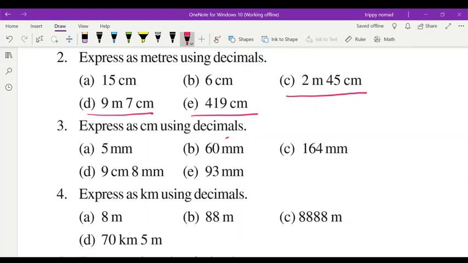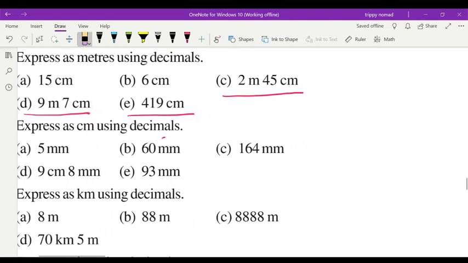60 millimeter. So here I am explaining you in short, but you have to do it properly there. Multiplied by 1 upon 10, 0, 0 cut. So the answer will be 6 centimeter here. And same way